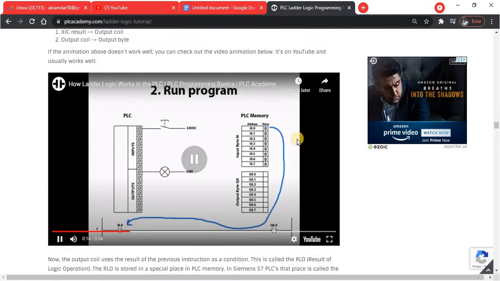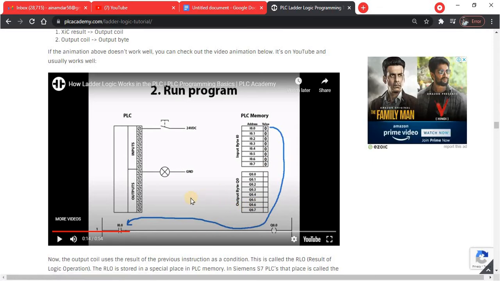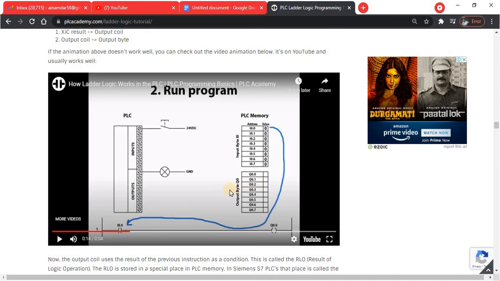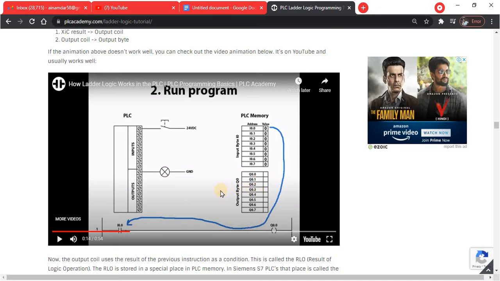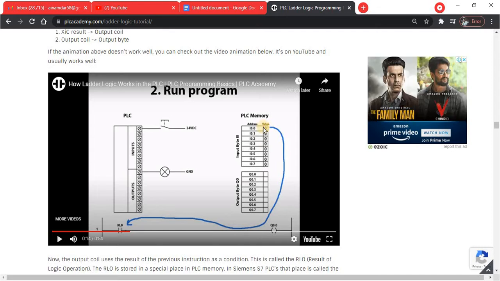It will start the execution of the instruction, and the result of this instruction will be the same as the state of the memory bit. Means if the state of the memory bit is 0, right now it is 0 because the switch is off. So this state is equivalent to the state of the instruction, that is 0.